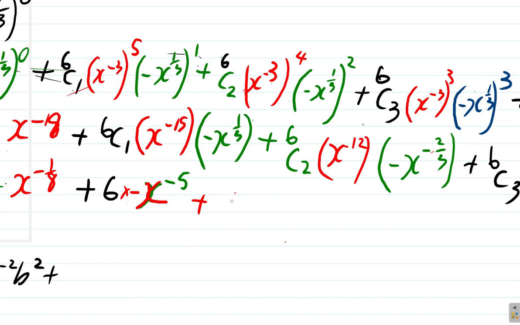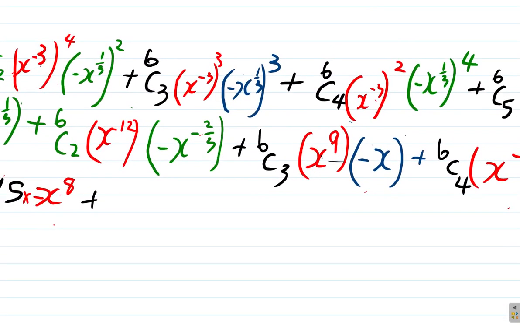So it is 15 x to the, well, it's going to be negative times negative x to the, 3 into 12, 4, 4 twos, 8. So it's to the 8, right? Plus, and then